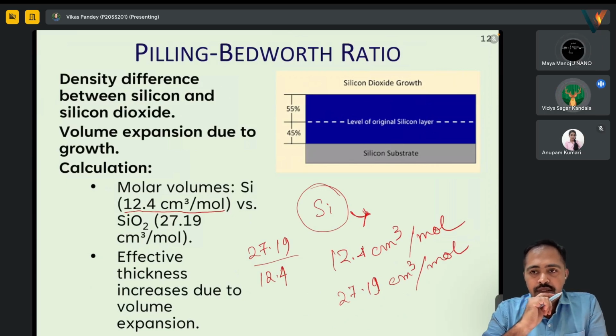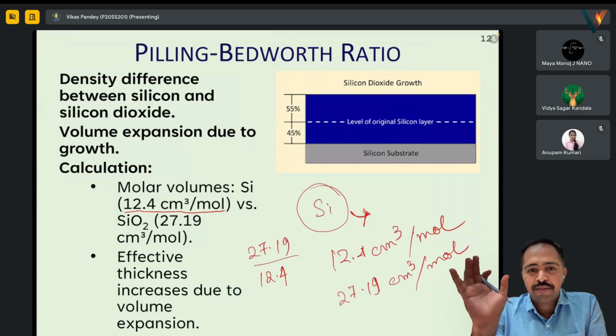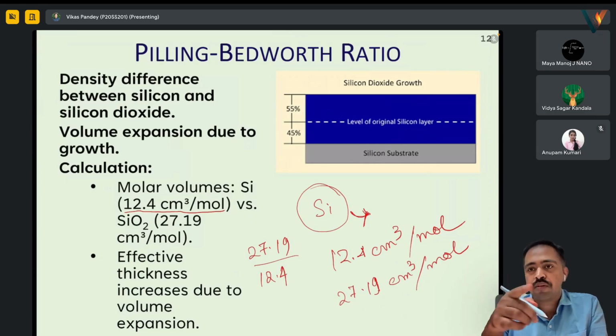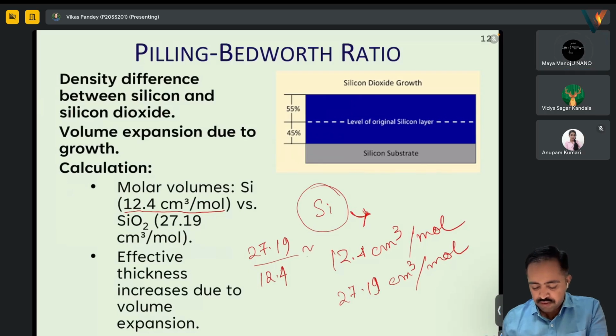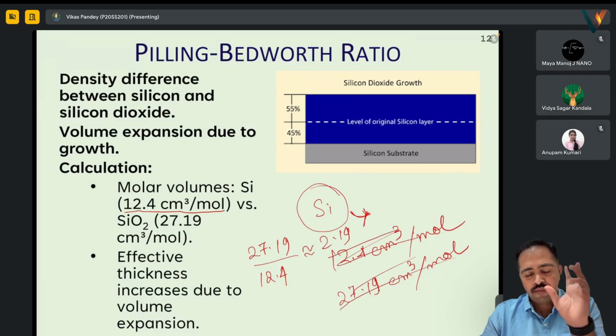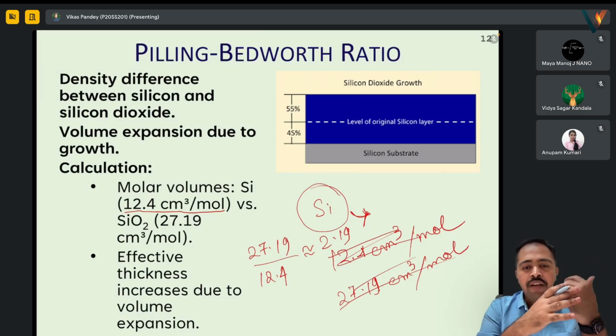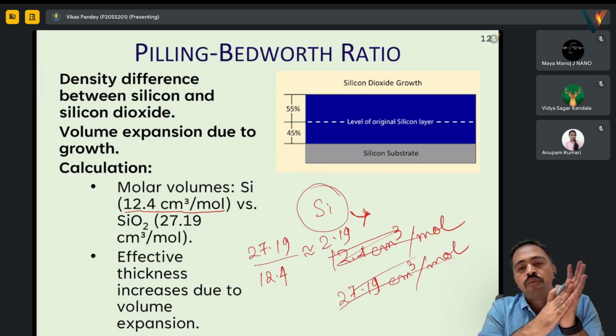It's almost 1 by 0.5. Like, let's talk directly in decimals. How much? Yes, Maya Manoj, you are also saying something. 2.2. Yeah, it is approximately 2.19. Okay, both, like fraction also, it's fine. But to give the perspective,